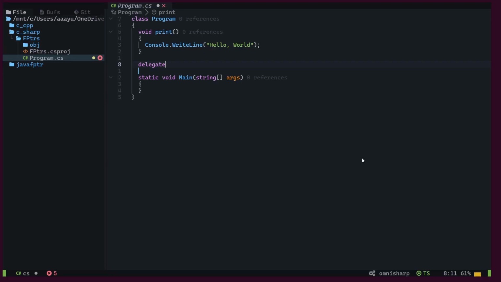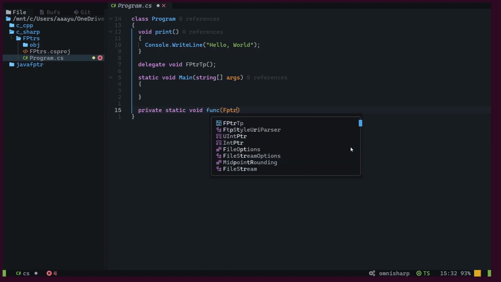So we'll declare a delegate, with this particular syntax: delegate, then the return type of our function, then the name of our function pointer, where we'll be declaring the type. So it will be the function pointer type, and then the parameter list of our function. Since print takes no argument, it is going to be empty. Over here you can create a private static void func which can take an fptr type